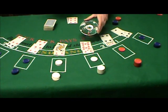Basic strategy must be memorized before you can card count. If you want to learn how to card count, get Yet Another Blackjack Card Counting